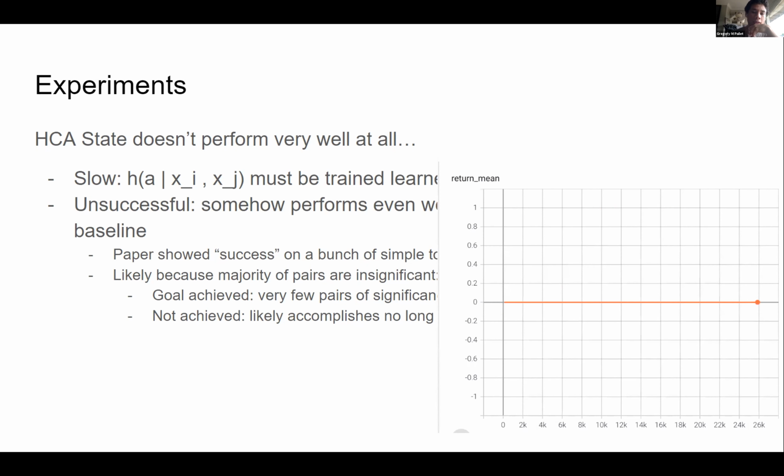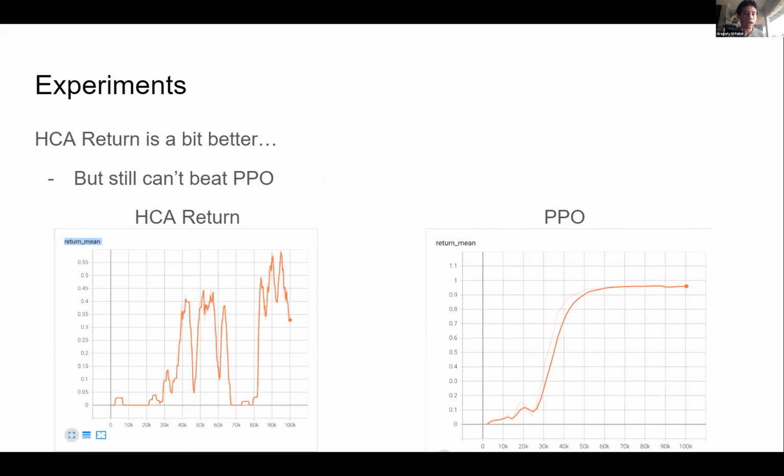All right. And as you can see, this is basically our return for this HCA state, just to show that it's not particularly great at performing. All right, but how about HCA return? This actually tends to perform a lot better in comparison, likely because the distribution is much smaller and the only possible rewards are between a 0 for no success and then 1 for certain success. So it's likely that the distribution you learn needs a lot less data to sufficiently train and then